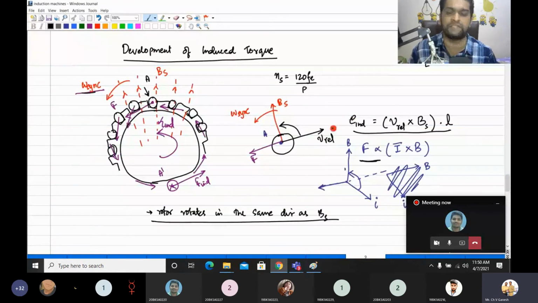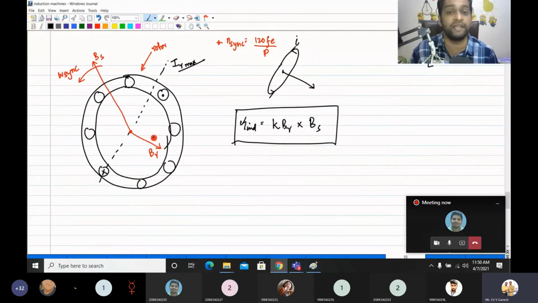Now these are the equations that an engineer should be interested in, rather than this particular explanation, which is very basic level. We have to concentrate on these particular equations because these are very easy to analyze. Okay, so the induced torque direction can be found out. What is the direction? It is counterclockwise. What is the meaning of induced torque in the counterclockwise direction? That means the rotor is rotating in the counterclockwise direction, right?